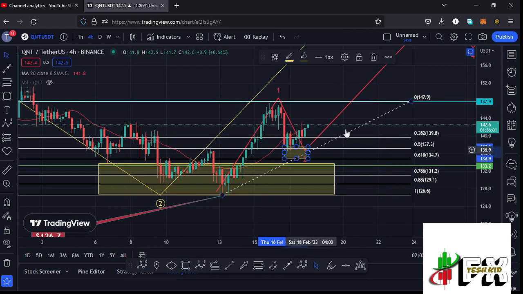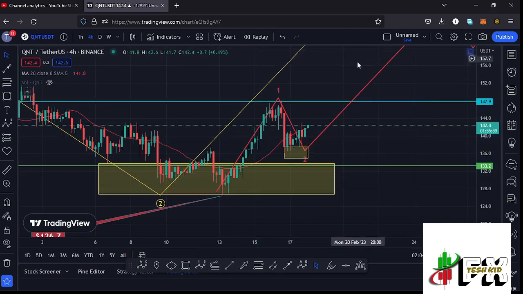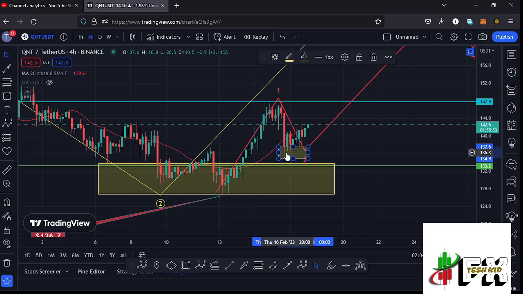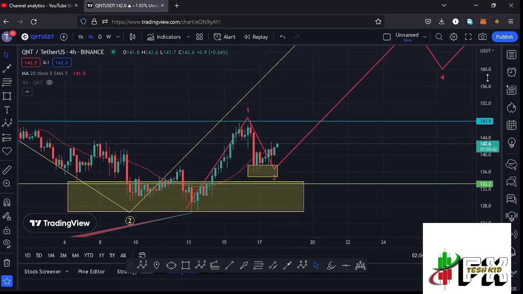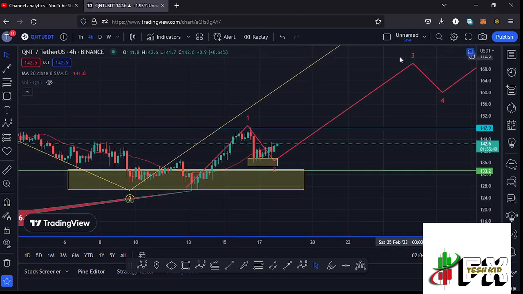And you can see we retraced into that target area, making some long wicks to the lower side, and having done so, we have managed to get into our minimum retracement area in the formation of that wave 2, and there are chances that whatever we are seeing at the moment is the start of that massive bounce to the upside in the formation of this wave 3 right here,